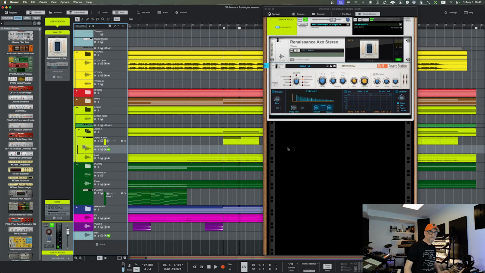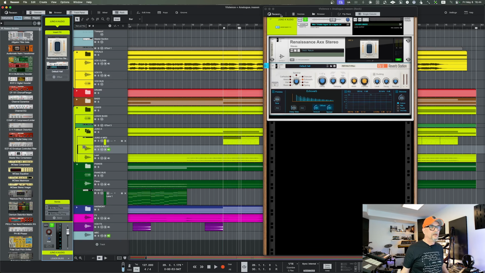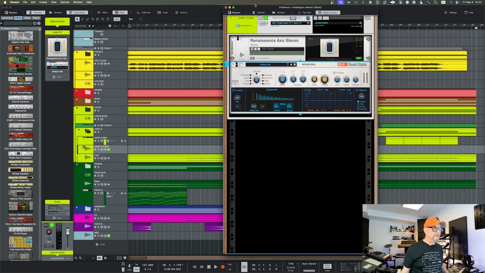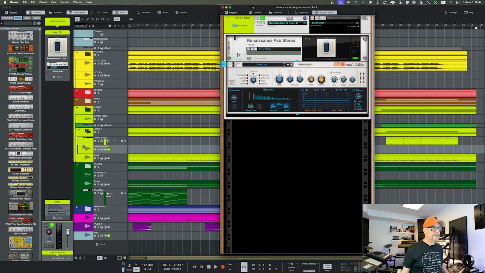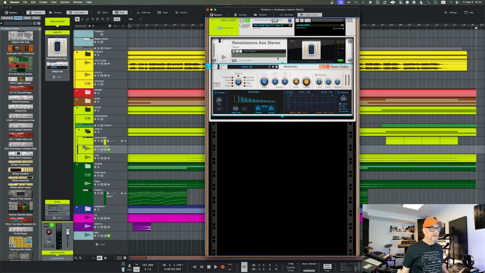So I have a bit of a chorus and things like that, but then I take these effects away. So there was some delay, reverb and chorus, and then I'll just put and engage this Reverb Station, and let's play around with certain features. This is just my settings, and to start with,